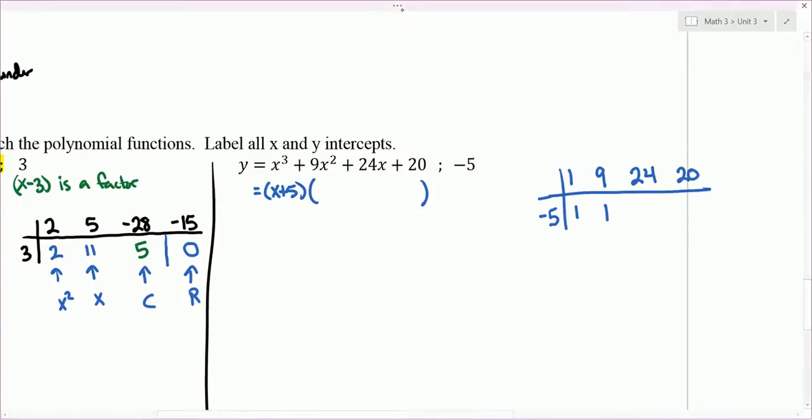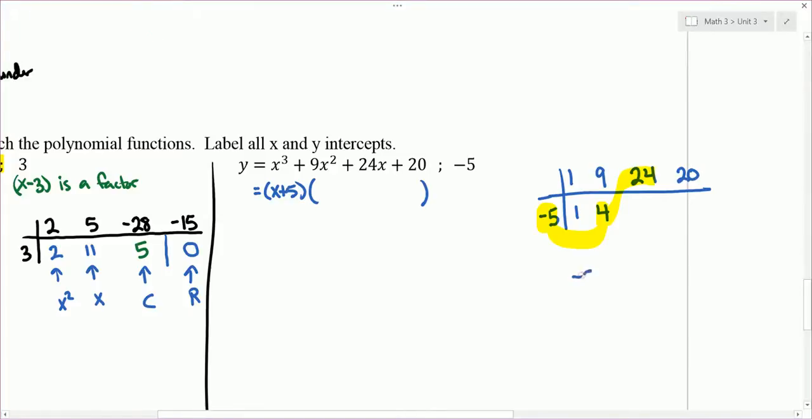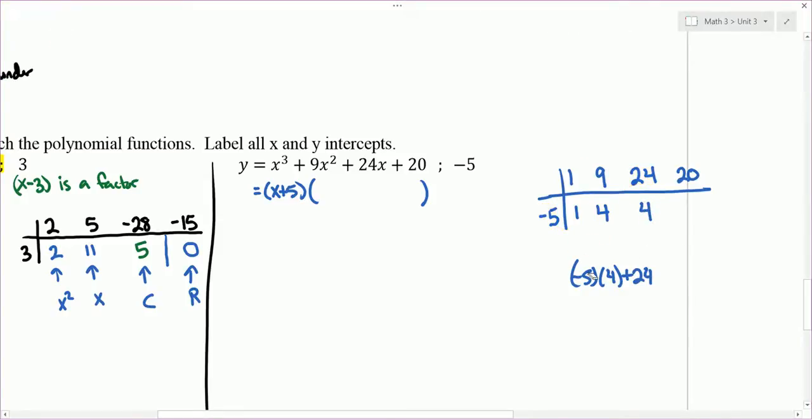Next, we're going to multiply the negative 5 with the 4 and add it to 24. So negative 5 times 4 is negative 20 plus 24. So negative 20 plus 24 is 4. Write that beneath the 24. And then we're hoping that we get 0 for our last